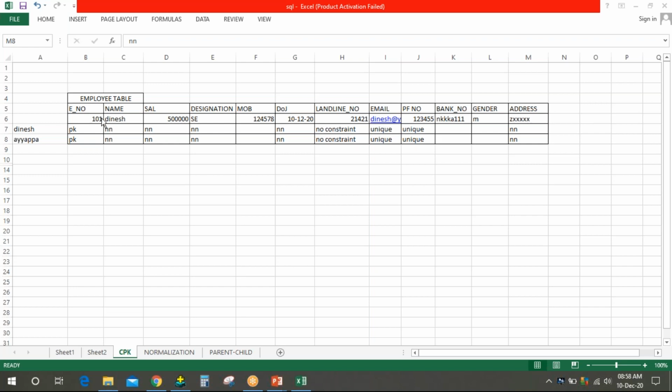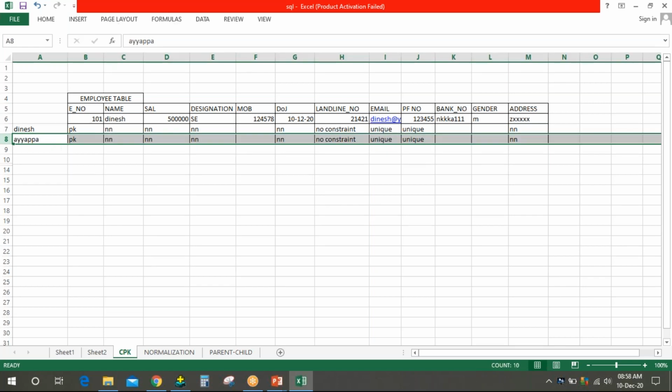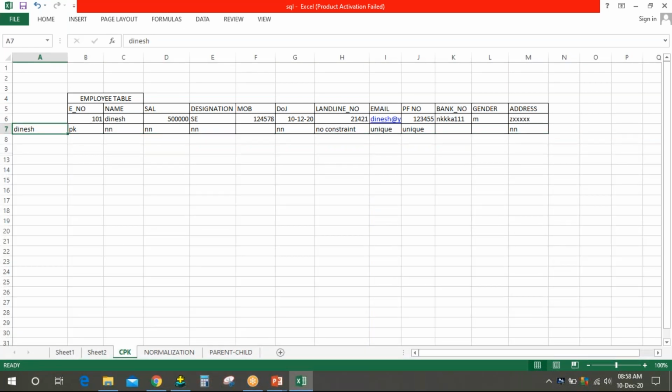Understood this? If you have not understood this particular thing, please let me know. I can explain it once again. This is also used for your projects, guys. Which kind of constraint to use in your projects? Not only now, even in the 7th semester, 8th semester, final projects, when you're using it, this kind of information is useful for you. Am I right? Tell me what you have not understood.